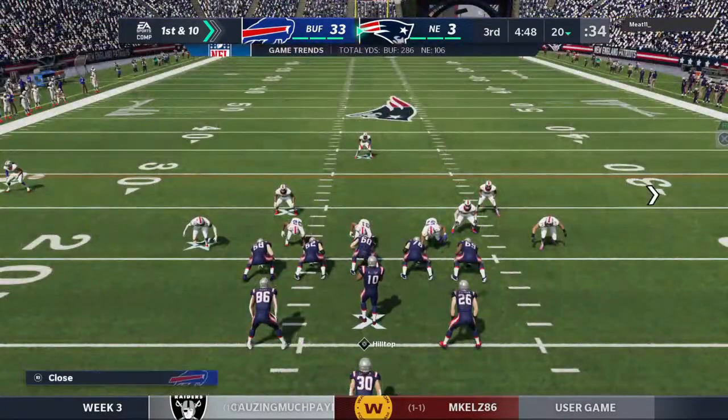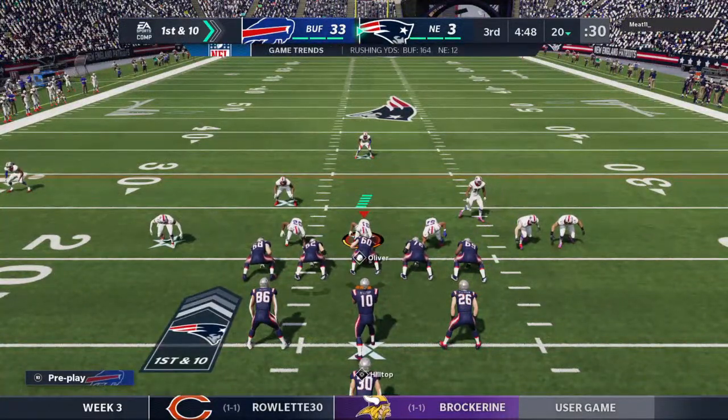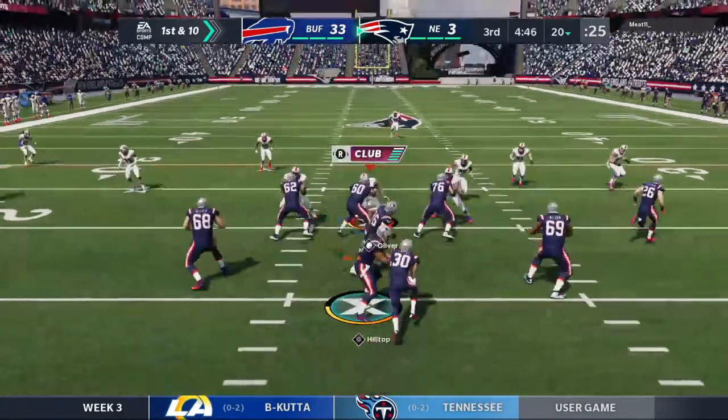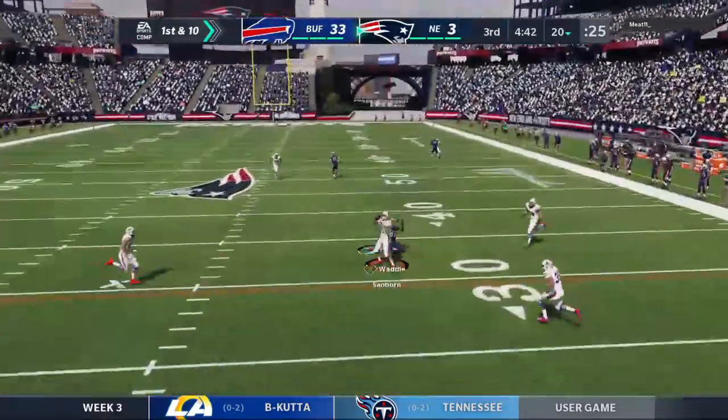The Pats at the line, ready to go. They have been struggling. I would imagine at halftime they went through some possible changes. Well, those changes aren't working, so now where do you go? I think that now it's much more in their head. And what I mean by that...